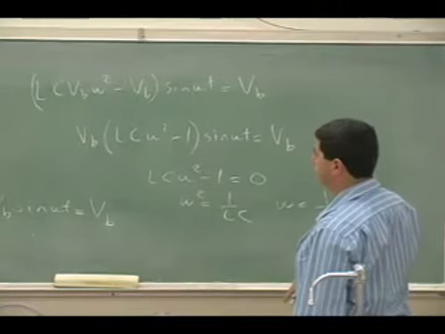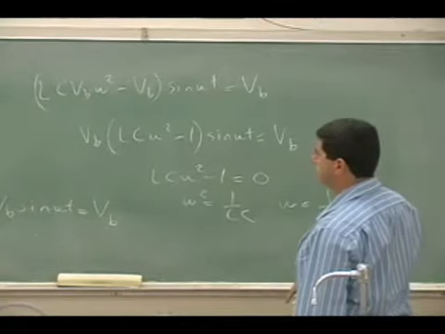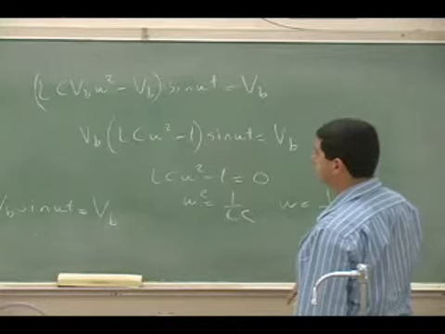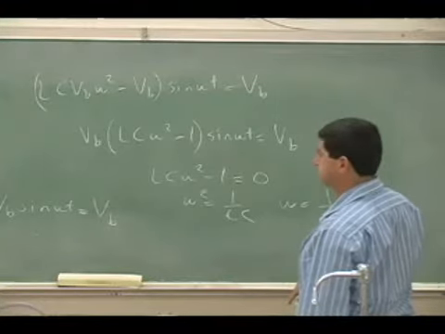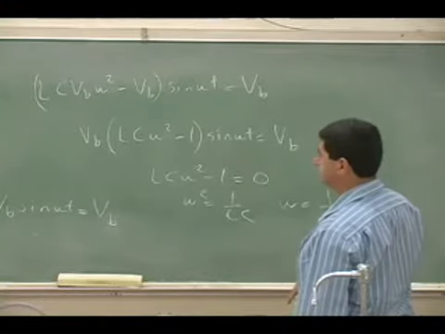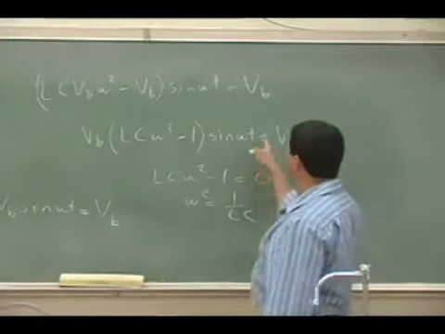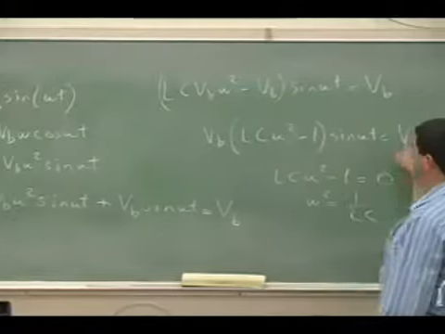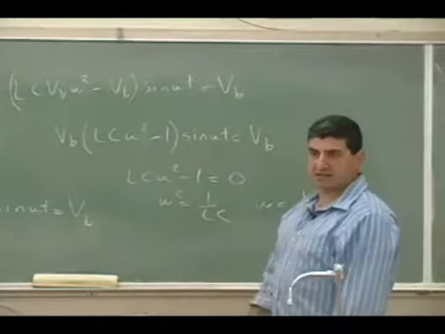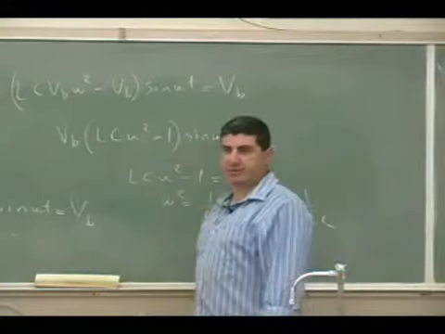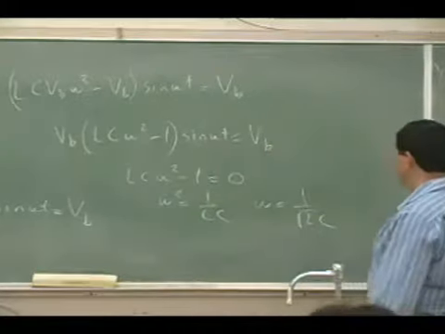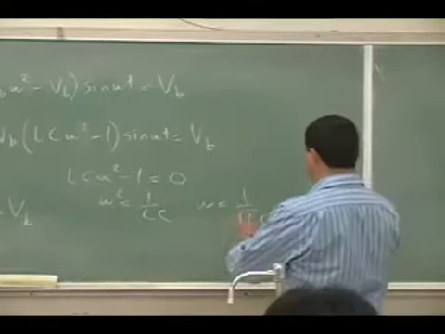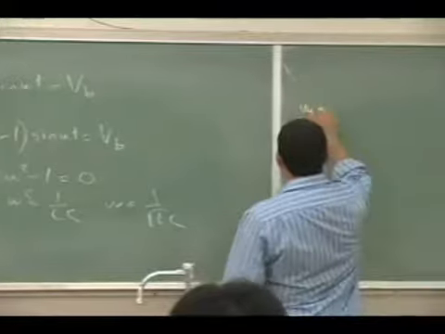CVB omega squared, 1 over C. It's probably somewhere there's a little glitch where the VB stays by itself and it's equal to the VB, and then the LC omega squared. This one cancels the time dependence. Okay? So this is the radial frequency at which they charge each other, and if I want to know